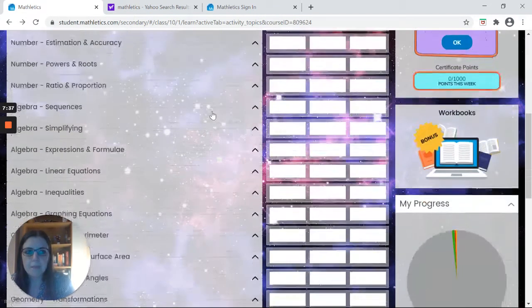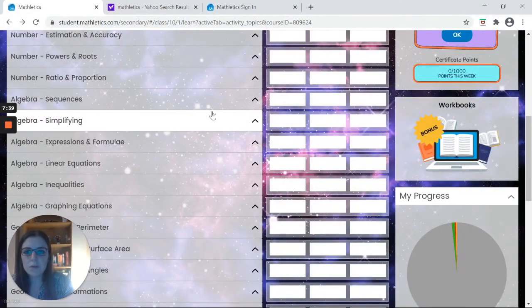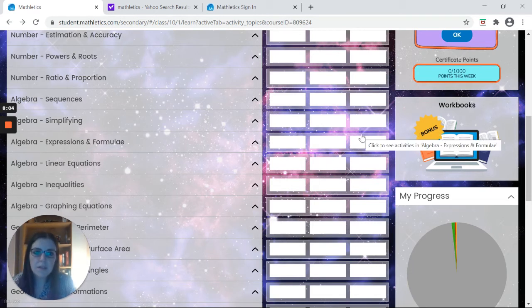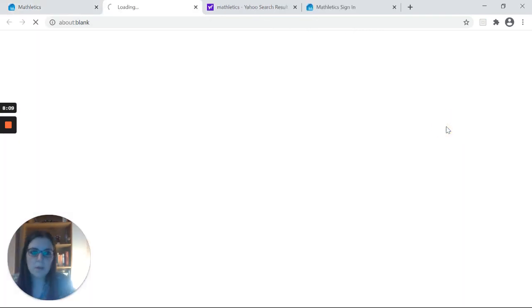A couple of other features I want to show you. I want to show you workbooks where you can get extra practice, and maybe you just want some old-fashioned textbook looking problems to work through. This can be separate from Mathletics if you're just doing an activity with your maths teacher, and maybe they're not using Mathletics for that, but you want somewhere else to get practice and be able to check your answers. Then the Mathletics website provides workbooks that will help you do that. And the final thing I'll show you after workbooks is how to use live Mathletics if you've not seen that before. So within workbooks,